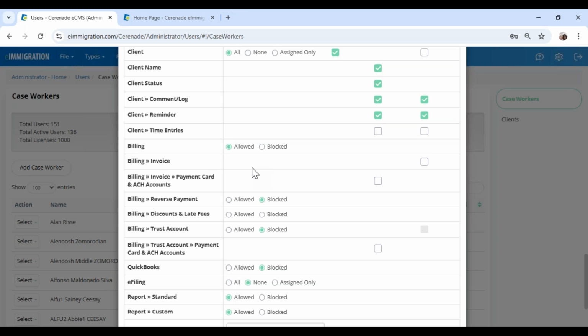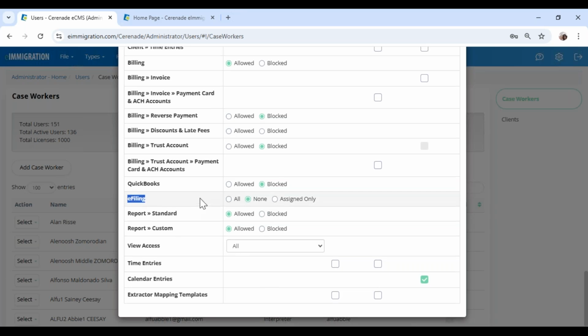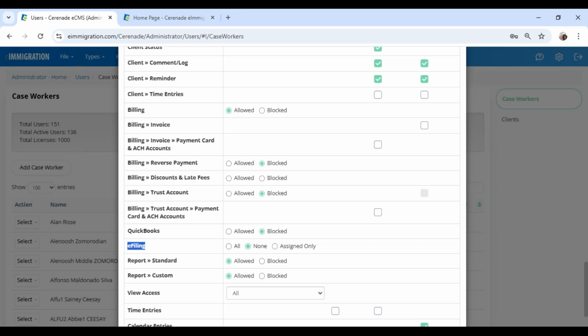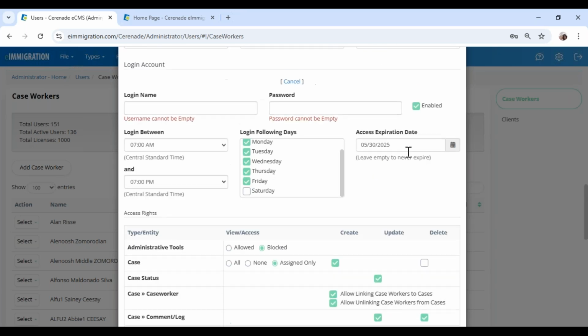Another thing is when you guys create an account for a user, if you guys are subscribed to e-filing, make sure that you switch to all so that the new paralegal can also file forms online. If you leave it as none, they can't, even though you're paying for e-filing. Same thing with reports. I want to allow them to access invoices. Maybe access an invoice or billing, but they cannot delete. See here, it says delete,